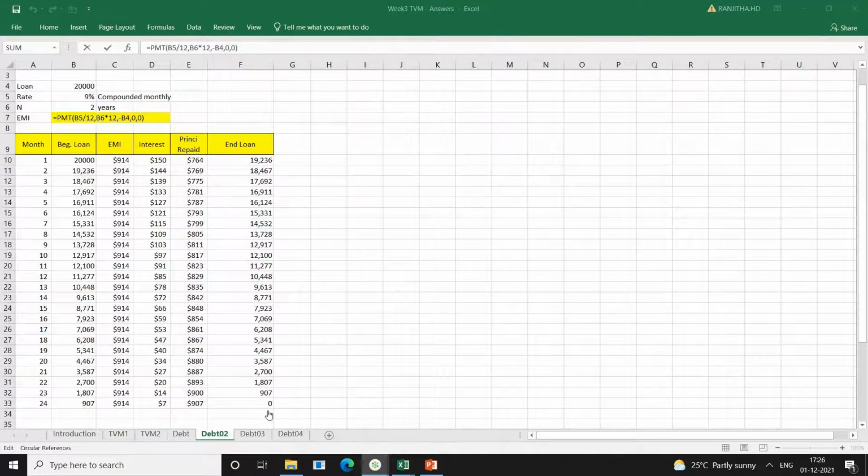Yeah, correct. So if it is compounded, you need to do it in that particular manner only. You need to do both, divide by 12 and multiply by 12. If they mention annually, semi annually, quarterly or daily, you need to represent that particular period. If it is semi annually 2, quarterly 4, daily 360, monthly 12. The format is the same, the formula is the same, only you need to give that multiplication and division format for the rate and n per.